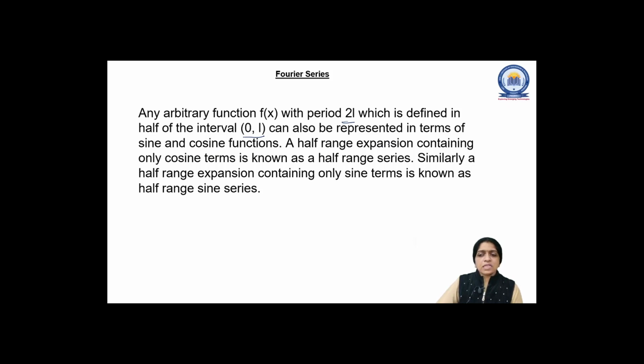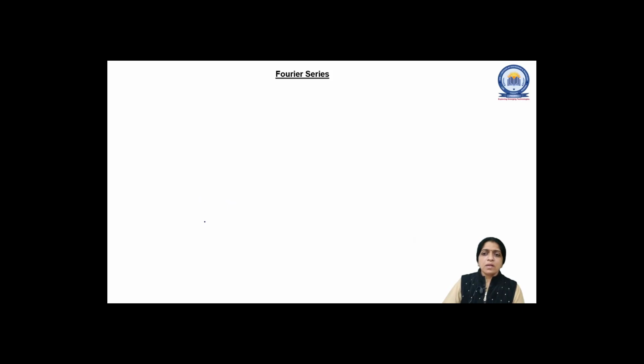A half-range expansion containing only cosine terms is known as half-range cosine series, and similarly a half-range expansion containing only sine terms is known as half-range sine series. So let's start the example of the cosine series and sine series, and before starting the example, the formula of the cosine series, that is,